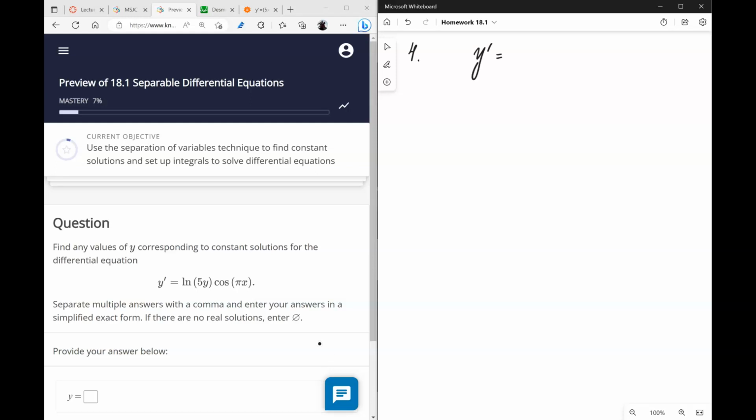Number 4. It's a separable equation, so we're going to separate it by dividing both sides